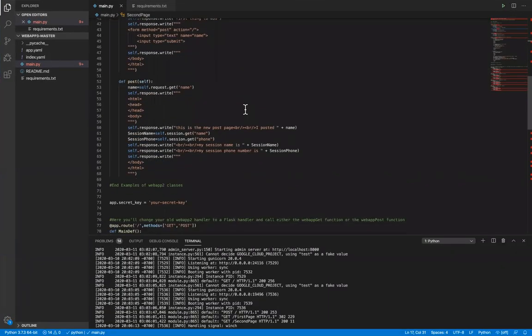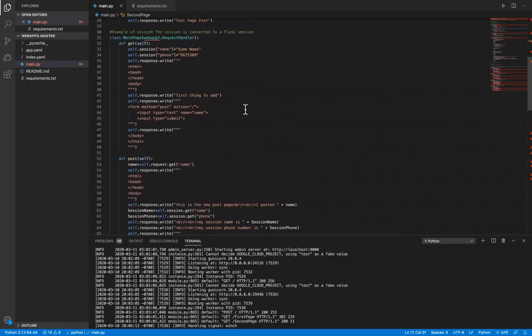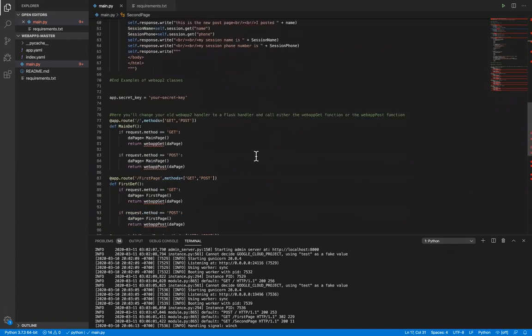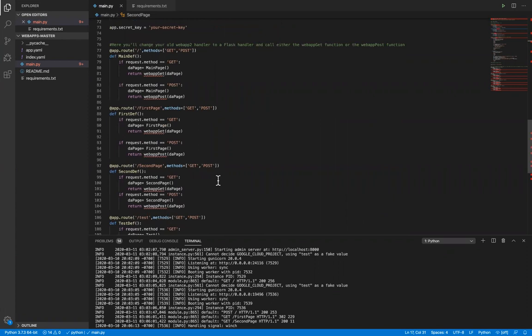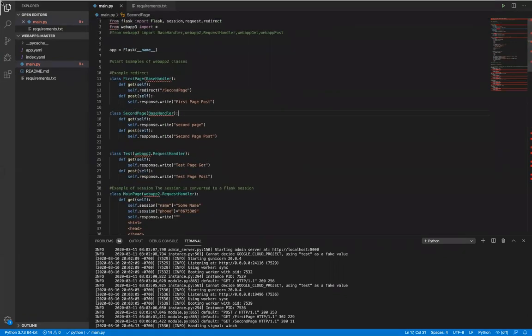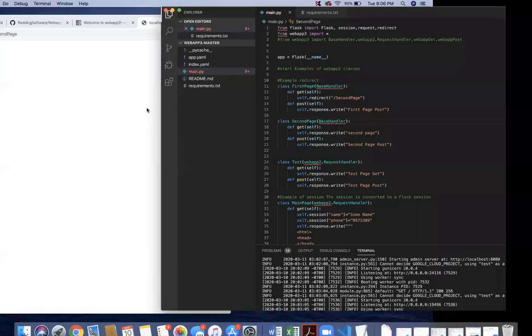Hopefully it'll make your classes work without any errors for the most part. Once you create the Flask routing, and then return the webapp2 get or webapp post or webapp get, and pass that through, you should be good. If you're having to fix a whole bunch of things,